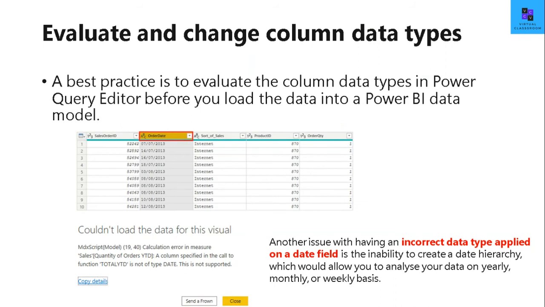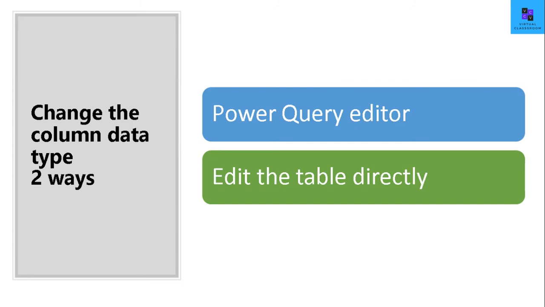Evaluating the column data type. Say for example, you have a column which has the values of all the dates, but it has a data type of text, as you can see here. Because of this incorrect data type, I'm not able to use a particular DAX function to find out the total value of my sales or the orders. So it's very important for you to evaluate your column data type, whether it is a number or a date or a time or a numerical, which is going to be a fixed decimal number or a whole number, percentage, or a text column. It's very important to evaluate a data type and apply it in Power Query.